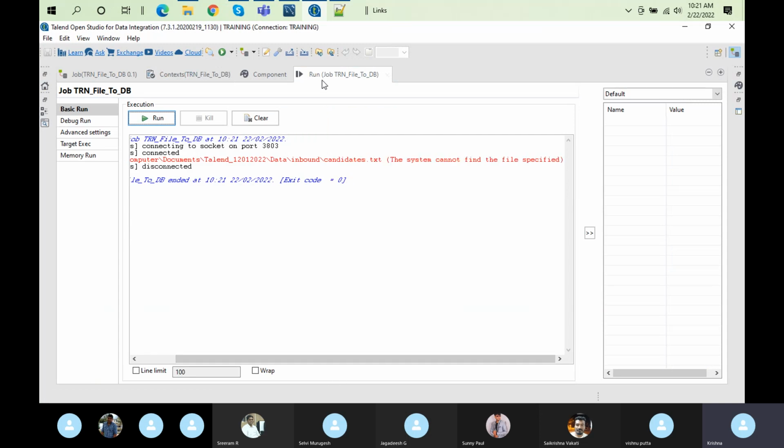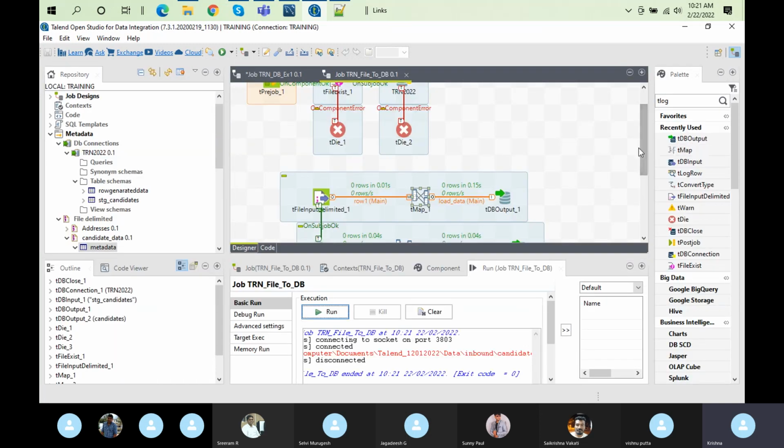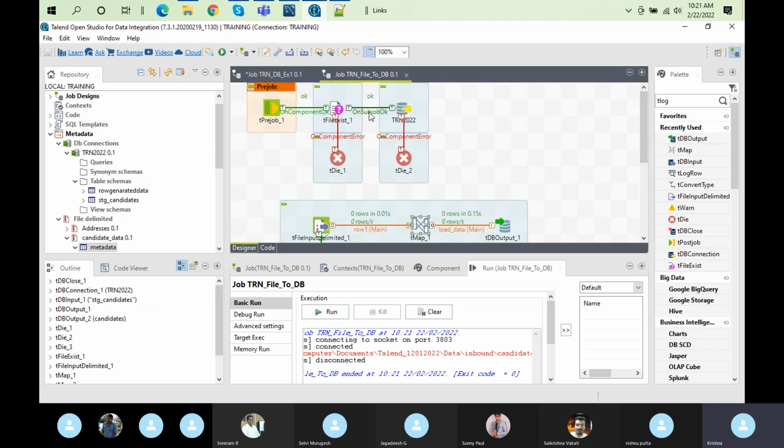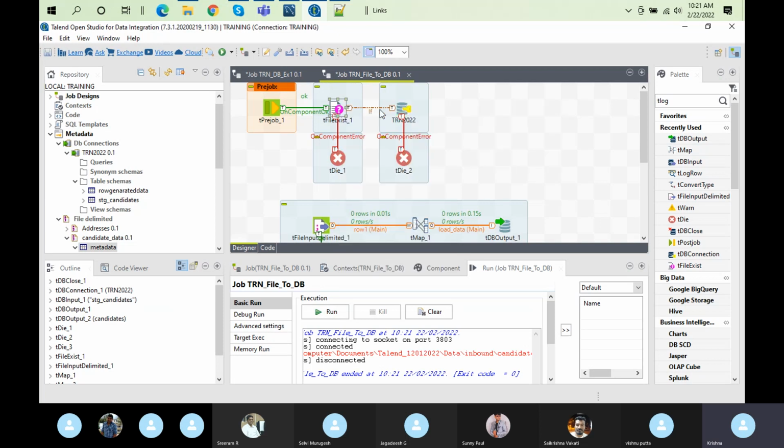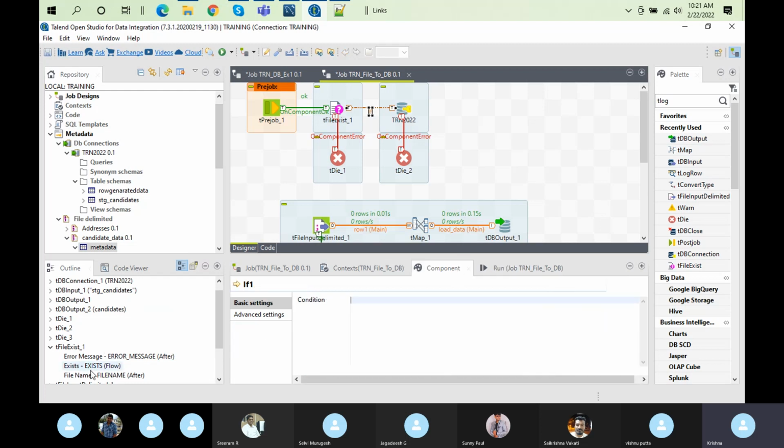But still the job is processed. To avoid that job being processed also, what we have to do is check this condition. We know Run If, right? If the file is there, it will return a true. If the file is not there, it is going to give us a false. So if the file exists, then I want to go to this flow. If the file does not exist, I want to go